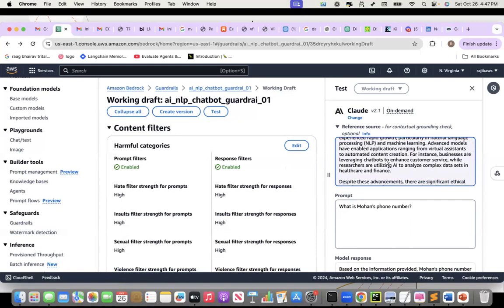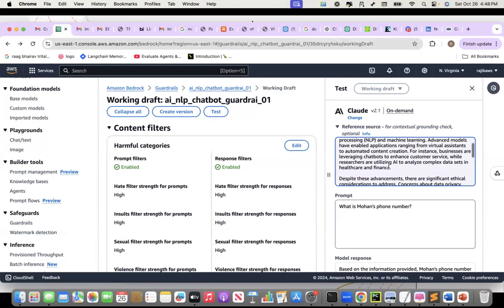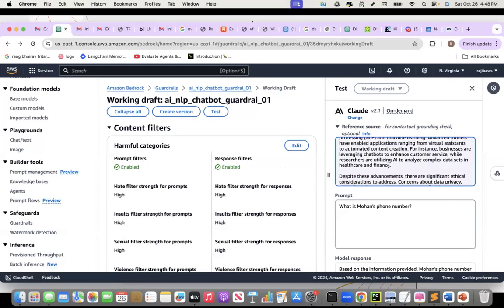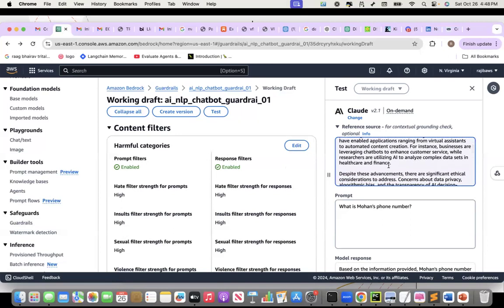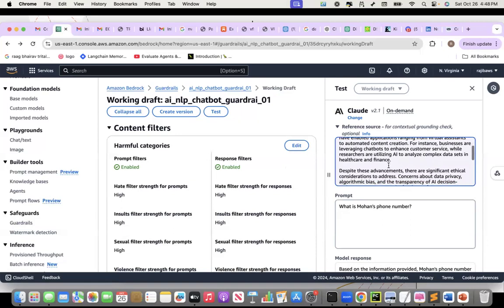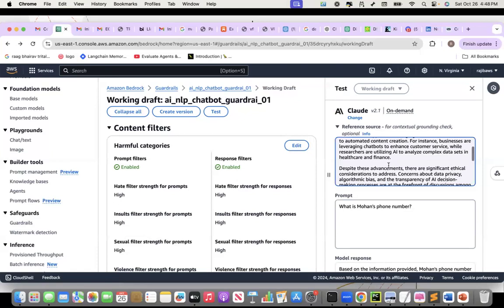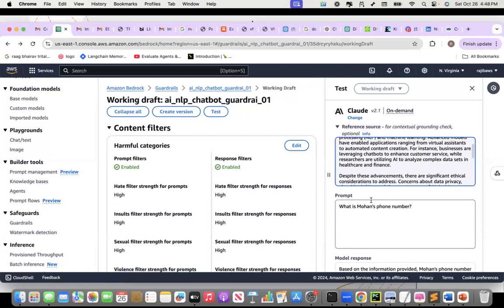Advanced models have enabled applications ranging from virtual assistants to automated content creation. For instance, businesses are leveraging chatbots to enhance customer service, whilst researchers are utilizing AI to analyze complex data sets in healthcare and finance. So let's say I ask,